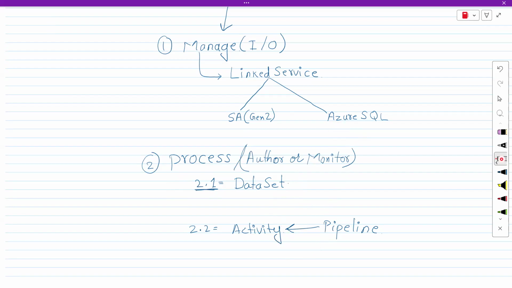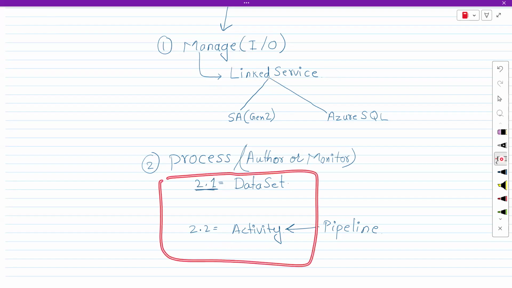I'll show you. Don't worry. So first linked service, then dataset, then activity. These two things make you a pipeline. Okay. So the dataset is just to take the data and pass it, and once you pass it, you will